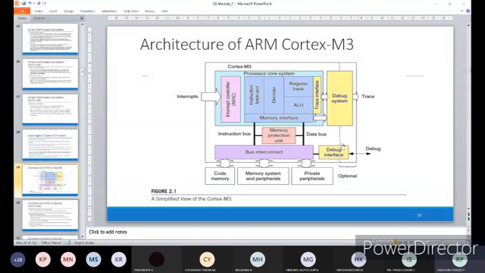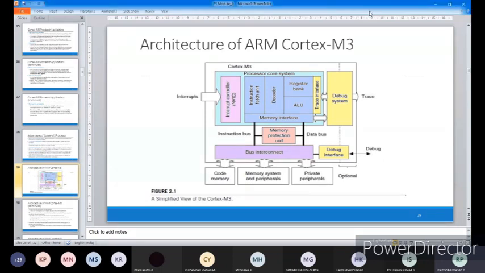In your earlier semesters also, any system you take, any laptop, whatever device you find, will basically have these: peripherals, memory, arithmetic and logic unit, control unit, then data bus and control bus. These are common things which you find. Along with these, a few extras have been added, which is why they call it Cortex M3 or Advanced RISC Machines.